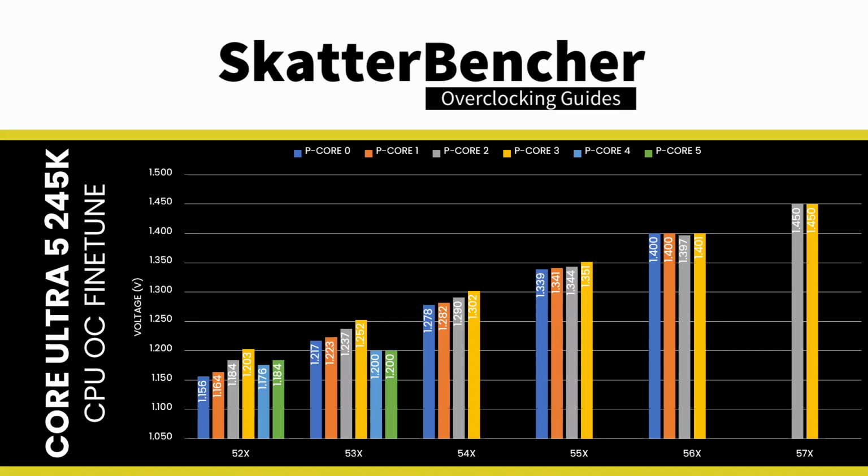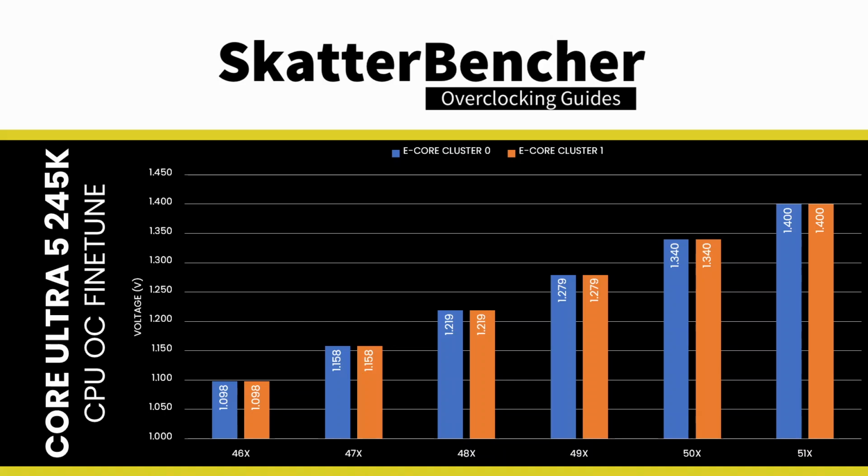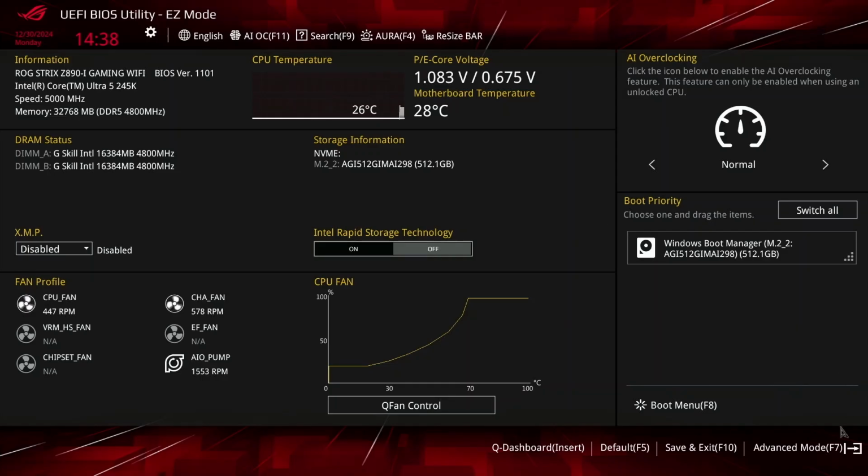Also, the overclocking headroom did not scale with increased voltage. So the maximum frequency is 5.3 GHz, no matter whether I set 1.2 or 1.4 volt. With 1.4 volt adaptive voltage for the E-cores, I could increase both E-core clusters to 5.1 GHz. Upon entering the BIOS,